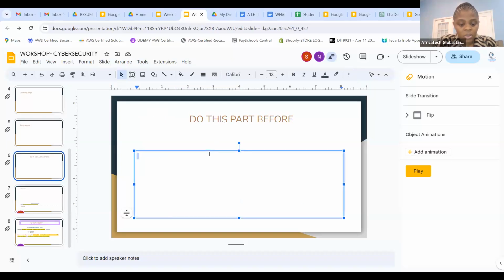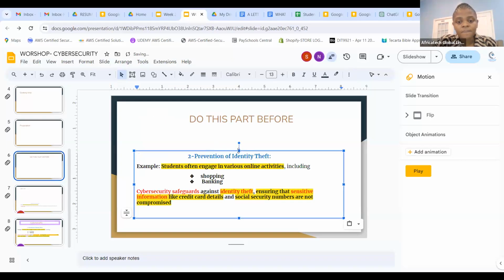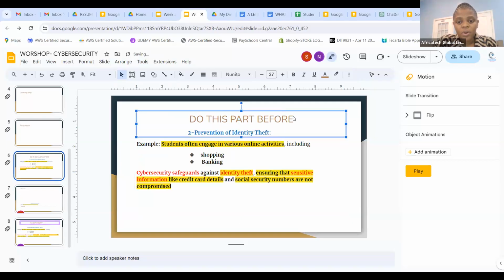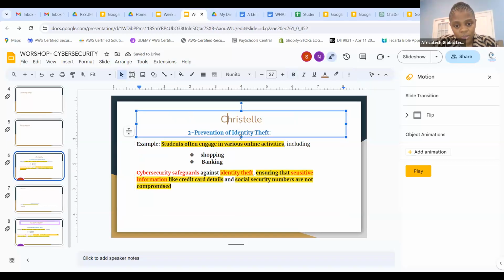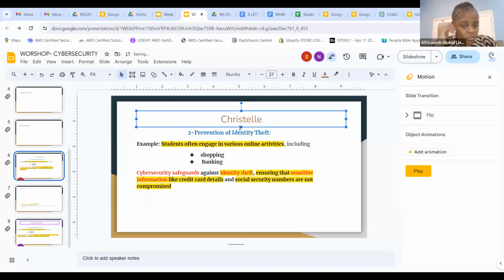So now, this is mine. I'm going to put my own here. I'll call this Christelle. I hope people online, you are not lost, right? We are almost done, okay? And then you will have the opportunity to have this Zoom as I recorded it. I will try to share it as soon as we finish so that I don't forget.